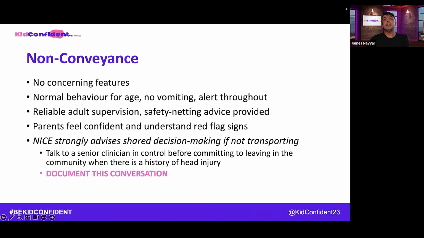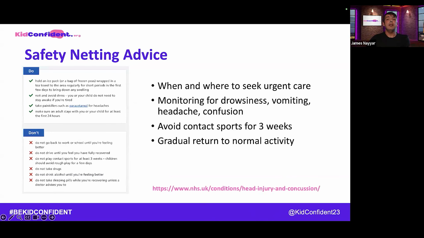And there's the safety netting advice, which needs to be left, and where we can get this from. They've got a very good website on NHS UK. They've got some information about head injuries and concussions for parents, giving them some advice of things to look out for and what to do and what not to do. Because let's be honest, if they've called you to come and review them and they've got a lot going on in their head, they're very worried. Taking in some information and remembering all of it is going to be really tricky for them. So being able to signpost them to a resource like the NHS website can be really, really helpful.